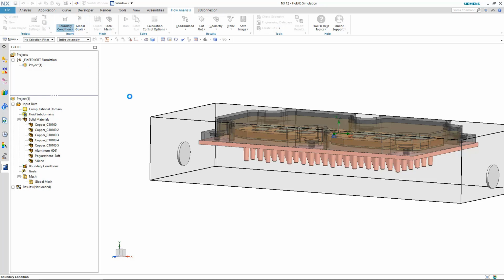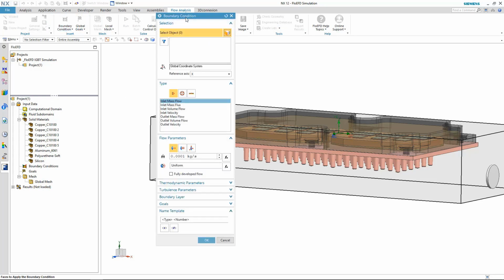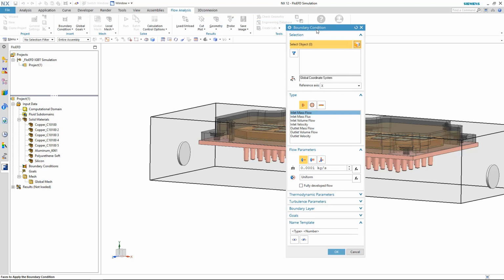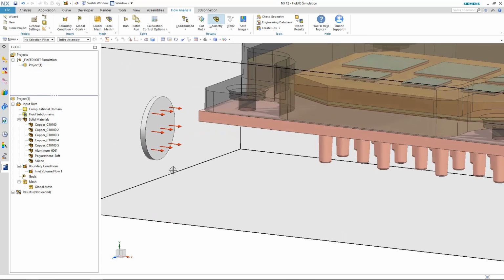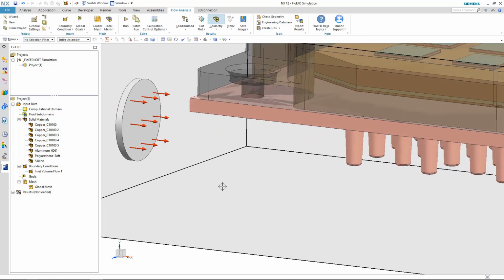So a boundary condition is a way of introducing flow or pressure into the computational domain. I'm going to choose the internal face of this lid that I've created, the fluid touching face. Choose a volume flow rate of 5 liters per minute, and under the thermodynamic properties I check that we have 65 degrees C applied correctly, and hit OK, and we can see our red arrows there indicating our inlet boundary